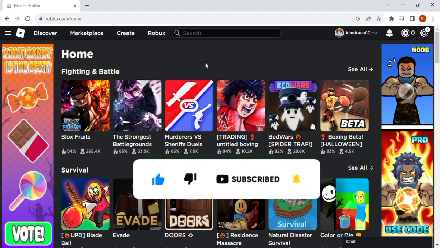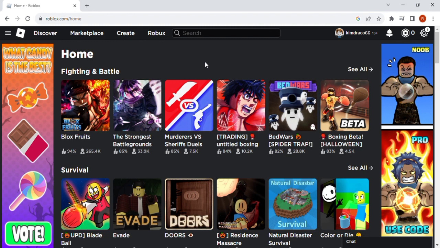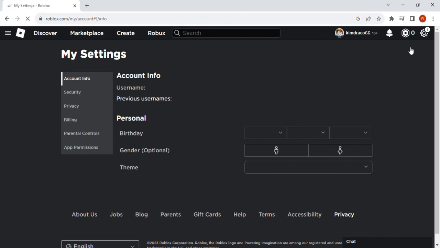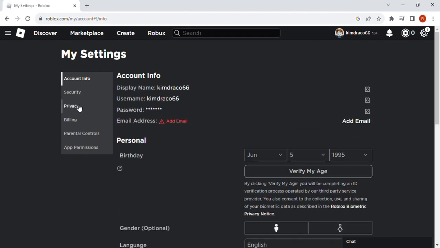Let's now start. To access Roblox.com, insert the app is closed. Check your account's functionality and access your account settings by clicking the gear icon in the top right corner of your screen. To resolve the issue of being unable to join a Roblox experience, ensure that your account restrictions are turned